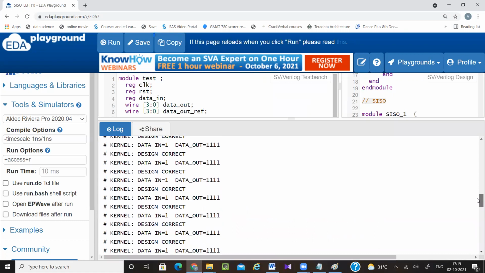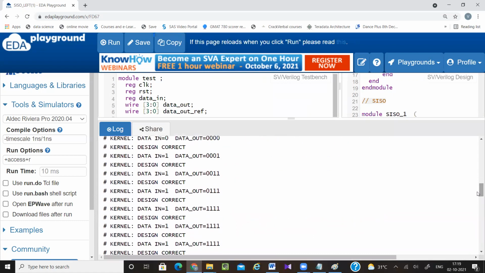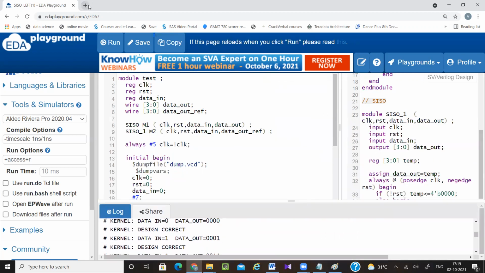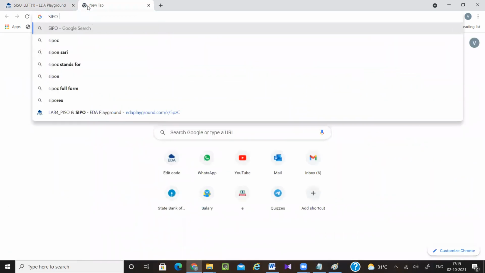You can see data out is now a 4-bit value. Everything else will be the same. You can check.